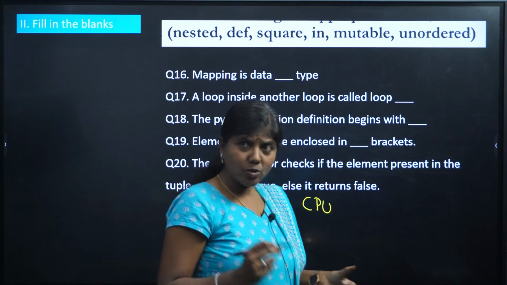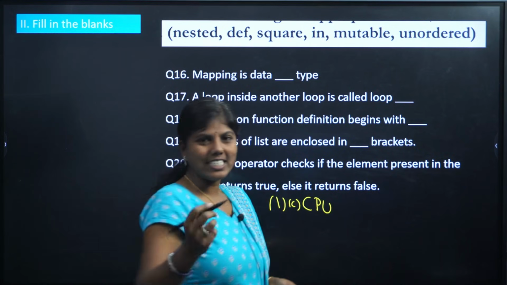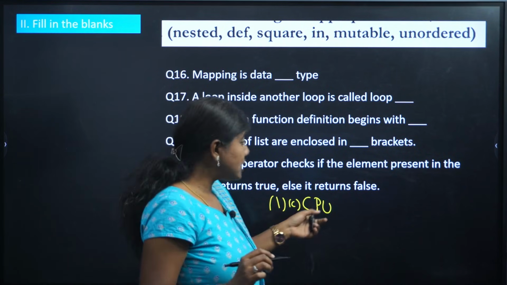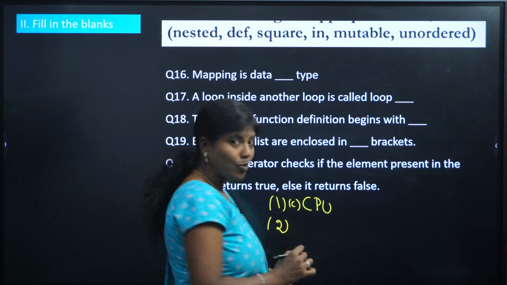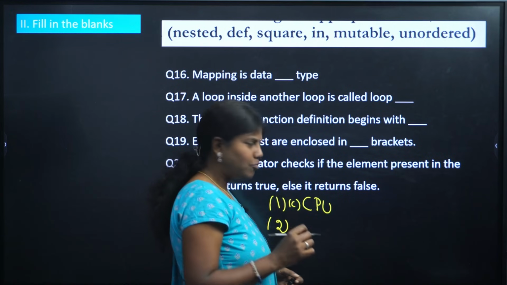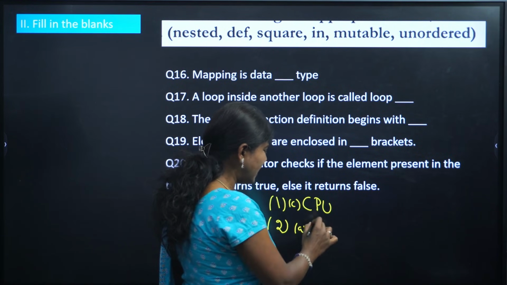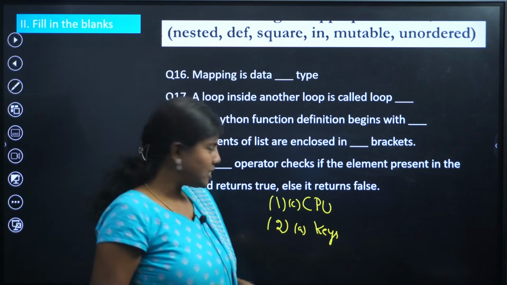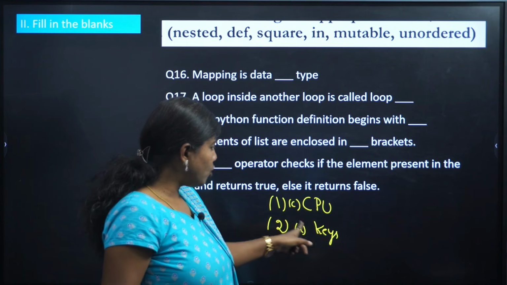So write this. What is the option number? I don't remember the option number. Okay, it's going to be C, let's consider. We'll just check and then let you know. First, you need to write this. And what is the second question's answer? I really don't know the second question. Don't test my memory now. So let's consider the answer for that question was, okay, something was keys. I'll just take it. It's random. First question I remember very well, as I asked you, brain of the computer, right? So 1 CPU and 2 keys.